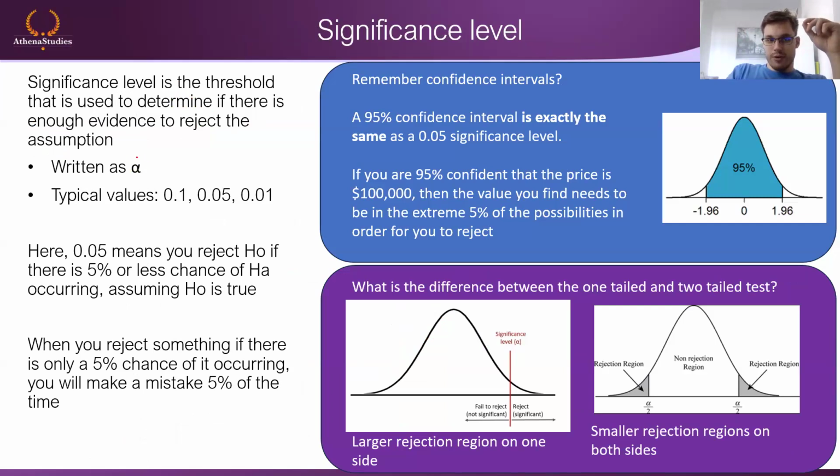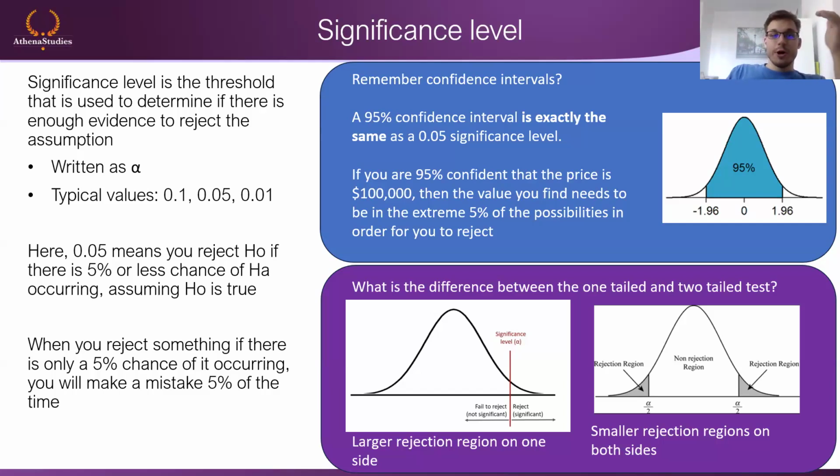The convention about significance levels is we write them as alpha. These values will usually be quite low. You see here typical values are 0.1, 0.05, 0.01. I can tell you from experience writing a thesis, these values are only for assignments, when you have an exercise. In the real world, the significance levels are much higher because most of us are testing things that have nothing in them. When you're doing some research that you've come up with, most of the time you're not going to find a relationship and you're not going to be able to disprove the null hypothesis.